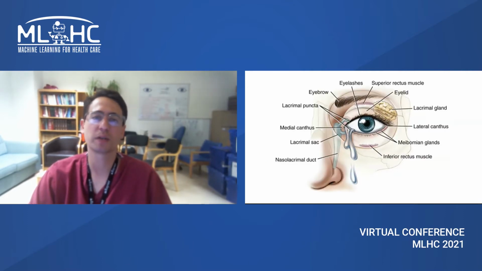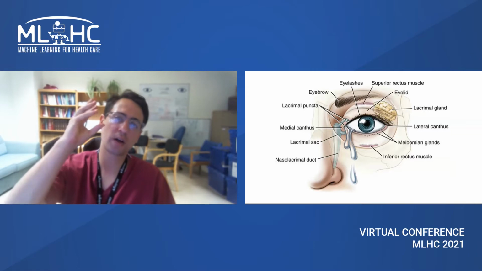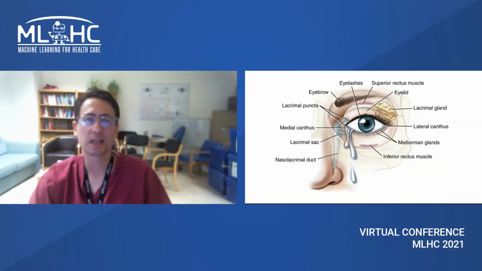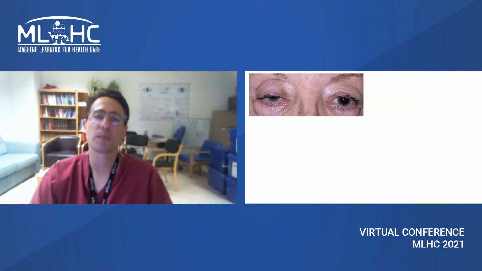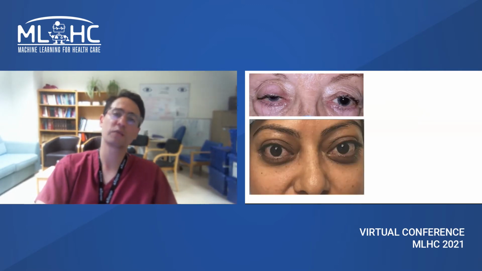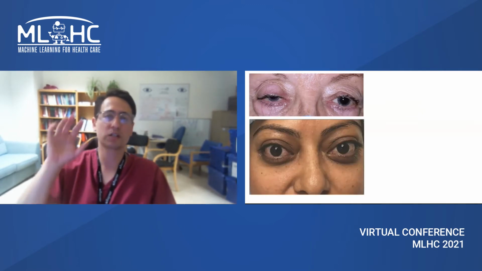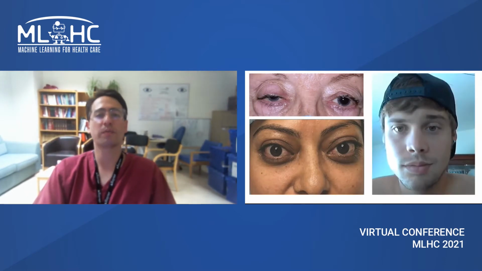Oculoplastics is a surgical specialty that's concerned with those vital structures around the eyes, which of course includes the eyelids. Some of the common conditions that I come across can include droopy eyelid or ptosis, thyroid eye disease, which is an inflammatory disease of the eye socket that causes the eyes to bulge forward, and facial nerve palsy, sometimes called